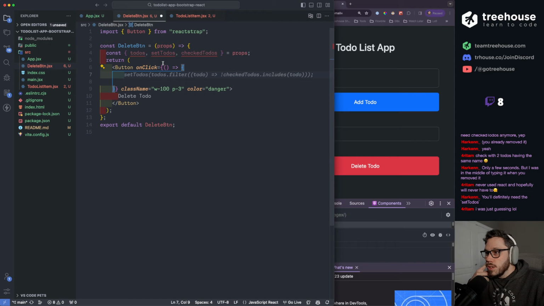We'll take the to-do, and if it's not equal to check to-dos.includes to-do. Yeah, that makes total sense. Because we're basically checking each to-do inside of to-dos, and if that to-do includes what's in check to-dos. And we don't have to remove anything because we're doing this inside of the setter function.